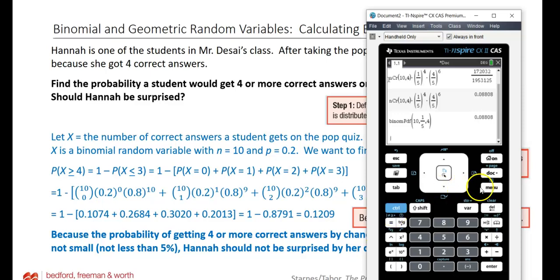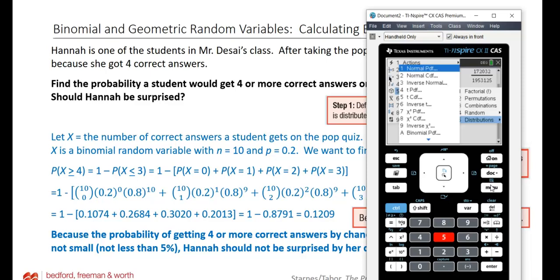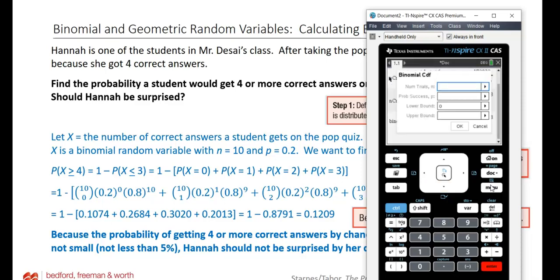Well, there is. So you go binomial, so menu 5, I think it's 5 distributions. If you scroll down or scroll up, either way, you'll see binomial CDF, kind of like norm CDF. Norm CDF is from a lower bound to an upper bound. Well, that's what binomial CDF does. Oh, this is great. Okay, so we go 10,